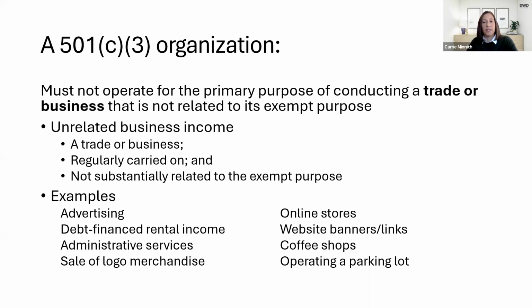Now, a small amount of unrelated business income is fine. It's a great way to add additional funds to your organization. However, the IRS does not like it when you have a significant amount of unrelated business income, because again, you received a tax exemption from the IRS, which means you don't have to pay income taxes because of a specific exempt purpose. If you have too much unrelated business income, you're competing with those for-profit entities that are doing the same thing.